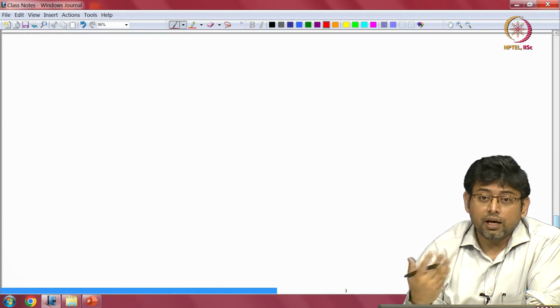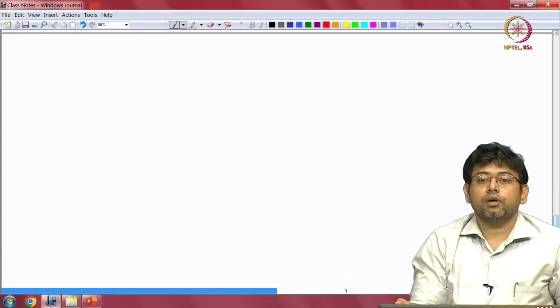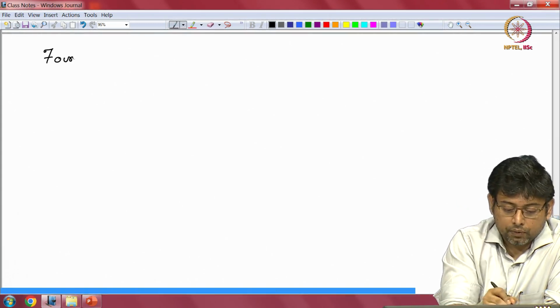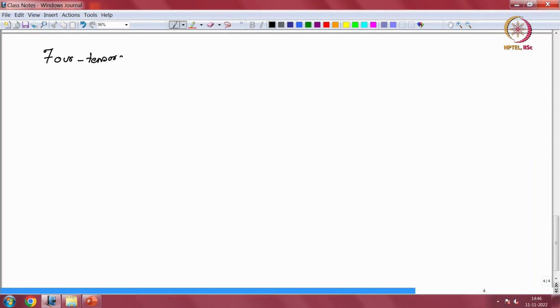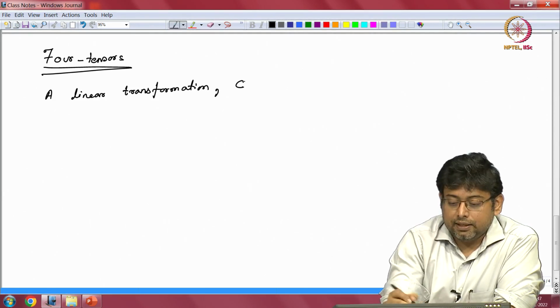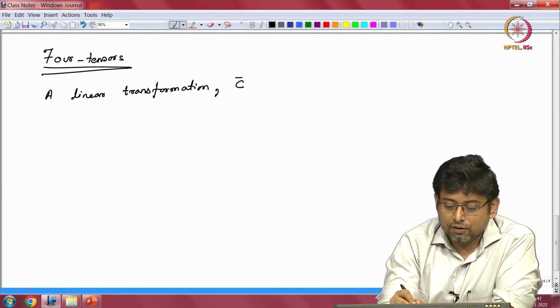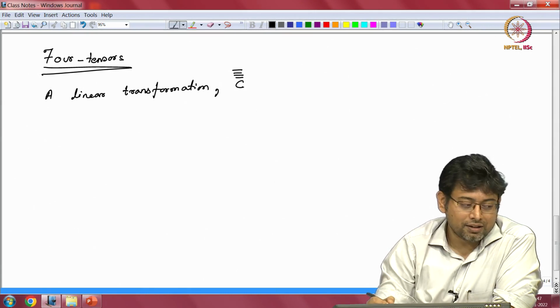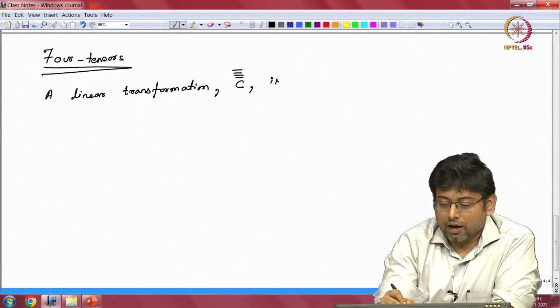But the idea is that you have a transformation which acts on one vector and gives rise to another vector. Now you can generalize this idea, obviously, going even further, and you can define something, for example, as a 4 tensor. Although we will not need it so much in this class, I think it's appropriate to quickly discuss this. A 4 tensor is a linear transformation, and we'll call it, let's say, C. Now we have already put 2 bars for a tensor, so for 4 tensors this is going to become a bit cumbersome. Let's put 4 bars, and it's called a 4 tensor